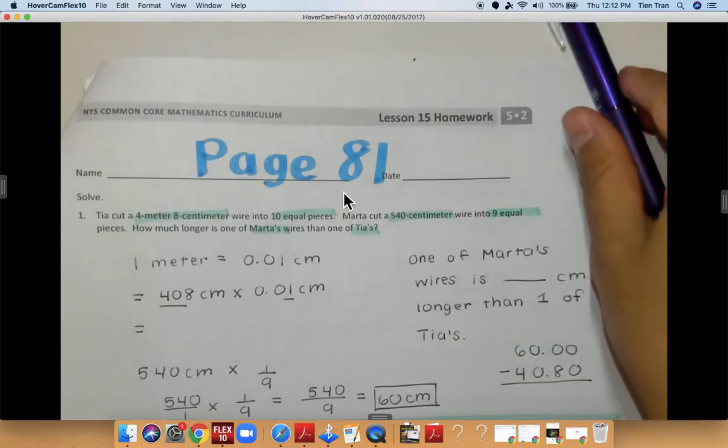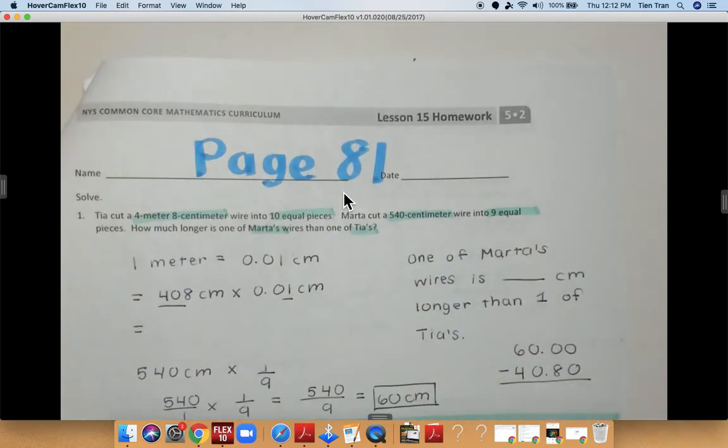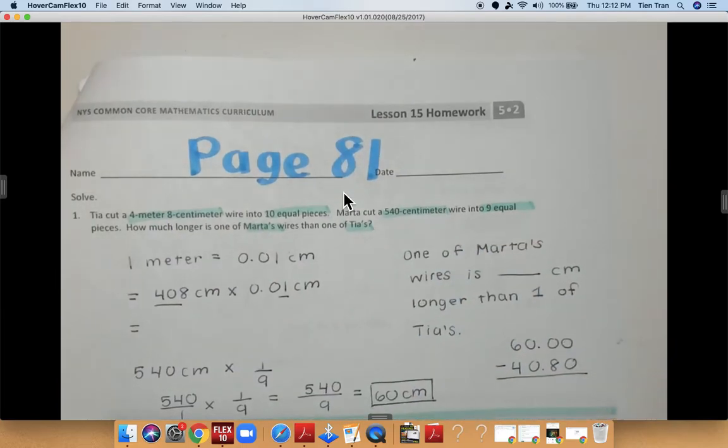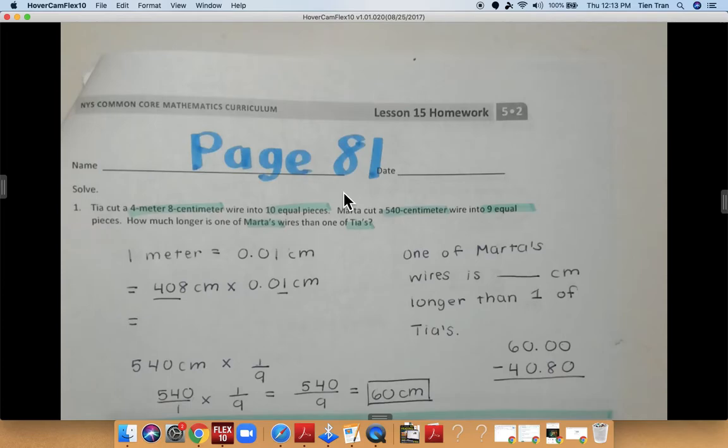We are on page 81. Make sure you guys are turning to the correct page, page 81. Today we are working on word problems, okay? So we are on lesson 15 homework and we are working on word problems. These problems are going to be really difficult, but we're going to break them down and make sure you're understanding